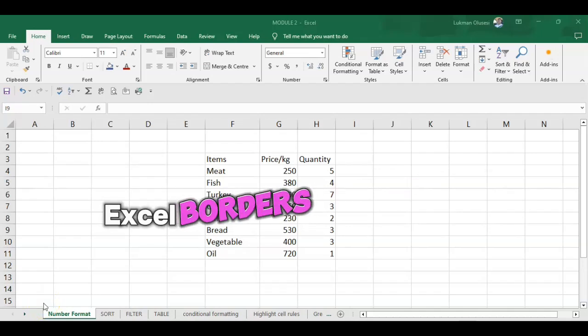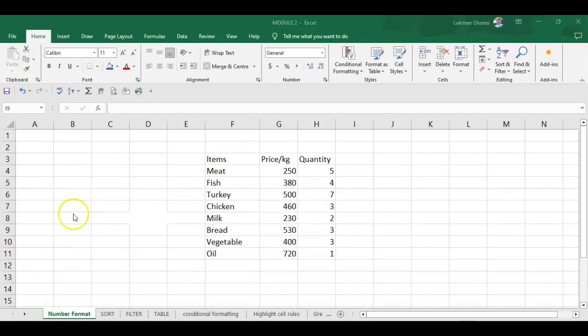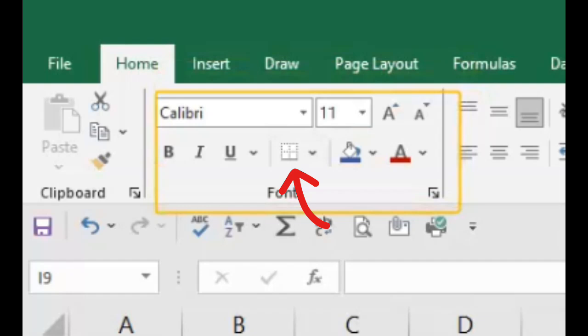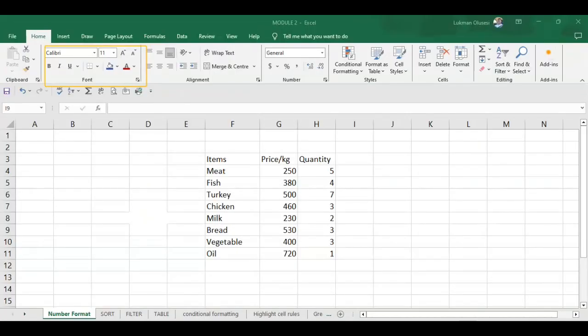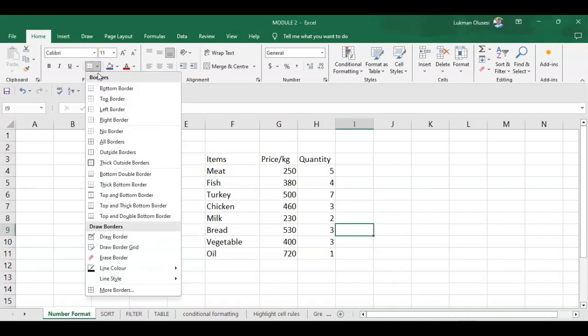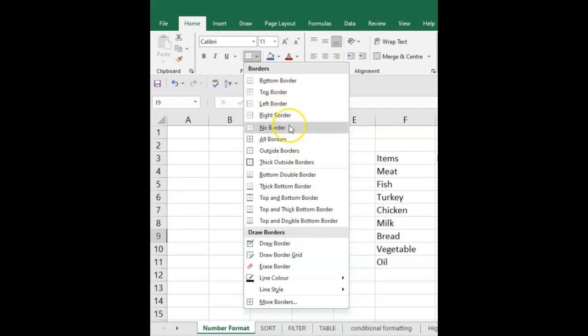The border menu is located in the fonts group. Here, as usual, you have the border menu. All right? And let's see how we can introduce borders to our data. If you click on the drop down beside the border, you will see that creating borders around data has so